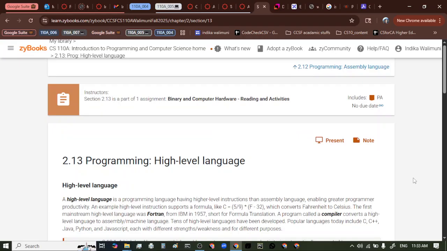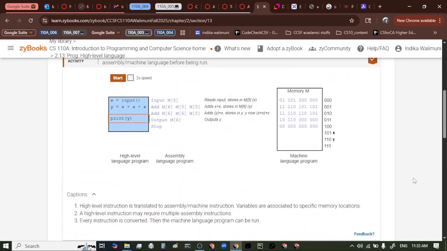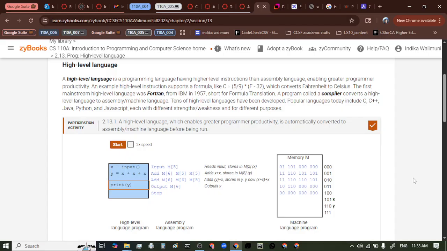So it's our last topic in this module, guys. Okay, so we saw that assembly language is also not that fully understandable, right? So we needed even higher level. So that's the high level language that we use these days: Python, Java, C, C++, all of them. Okay, so that means there's one level of translation that needs to happen from high level language to the assembly language. We call it the compiler or the interpreter. Okay, so